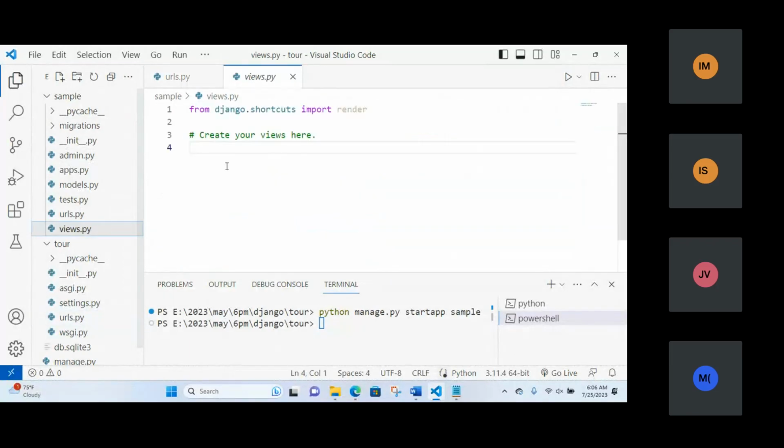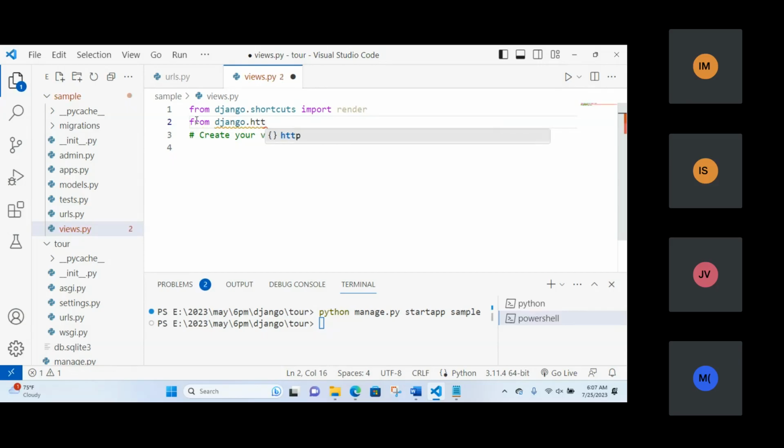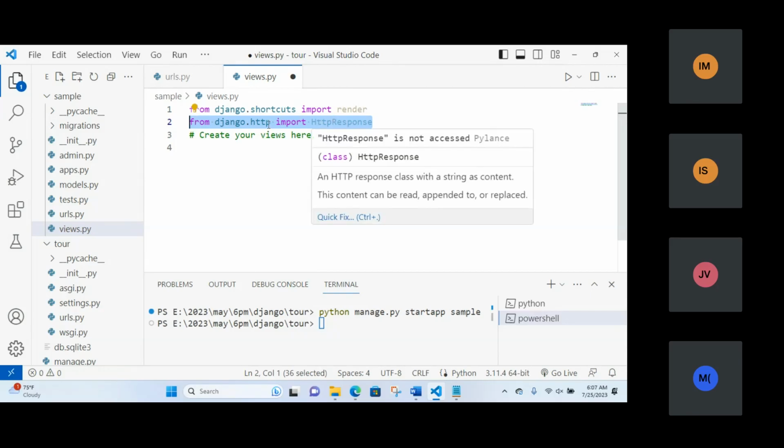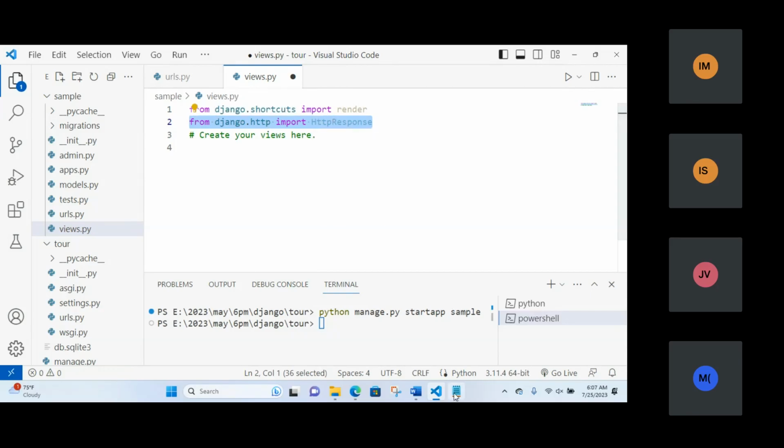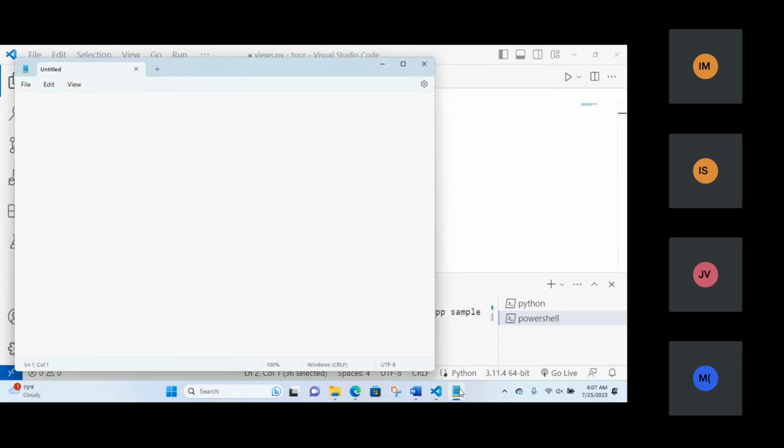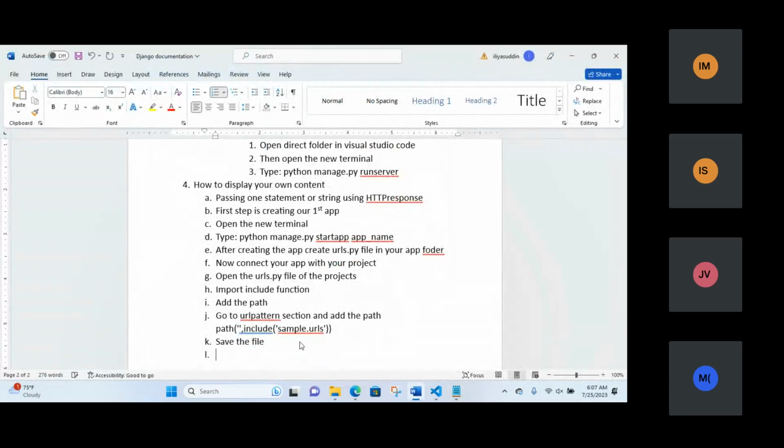Now go to the views section to execute your own content. So here I'm going to import one library from Django. Django is our main package. In this, there is a library called HTTP, and here I'm importing the HTTP response function. HTTP response is a function, HTTP is a library, Django is a package. Okay, so now let me copy this command, and I'm going to paste this in our documentation. Save the file. Now open the